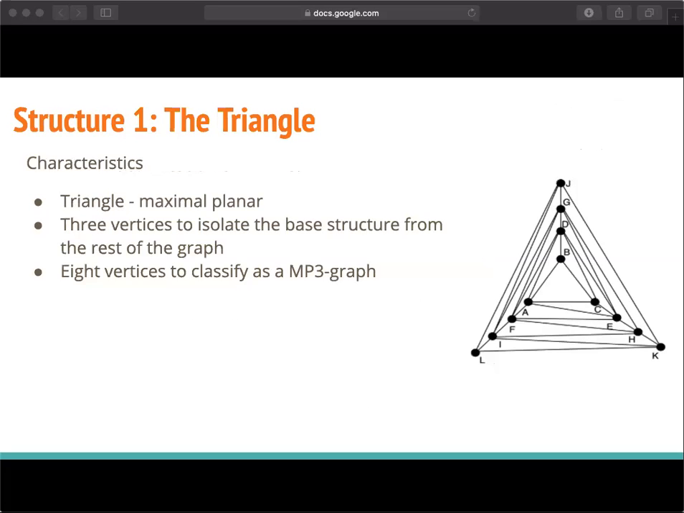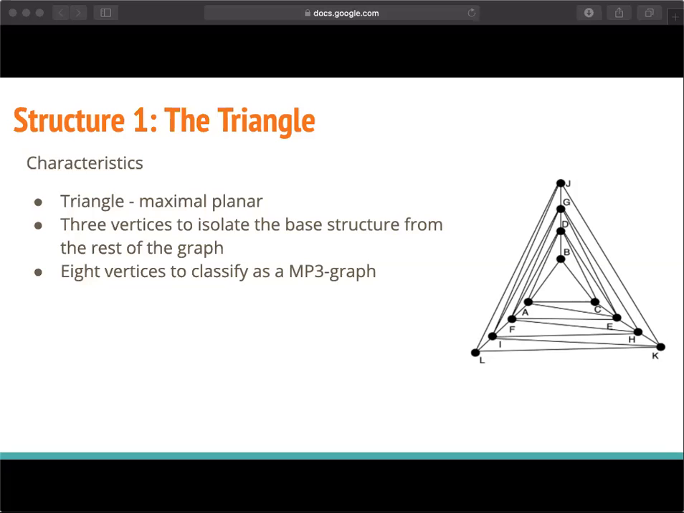So the triangular structure has many unique characteristics. If we look at the initial figure of this particular structure, which is just a triangle, I noticed that the figure is maximal planar, which means that no additional edges need to be added, which isn't the same with the other figures. Also,